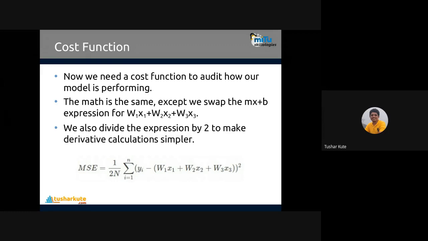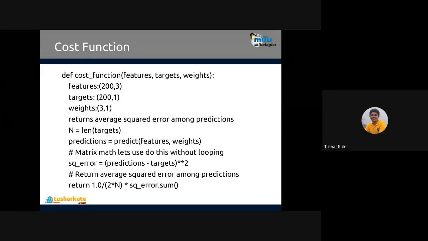So when we have multiple weights and multiple inputs, this calculation is done accordingly. If you check the code in Python, these are the examples mentioned. Remember, features are 200 by 3, targets are 200 by 1, and weights are 3 by 1. So for every column, a different weight is there. Target is the outcome and features are the input. Then the total number of elements is taken, the length of targets. How many are there? 200. Correct, 200.